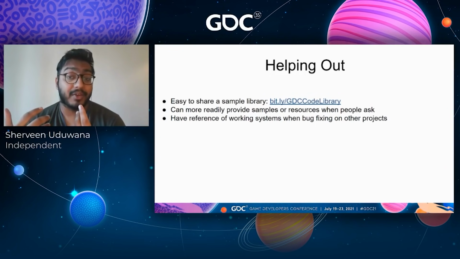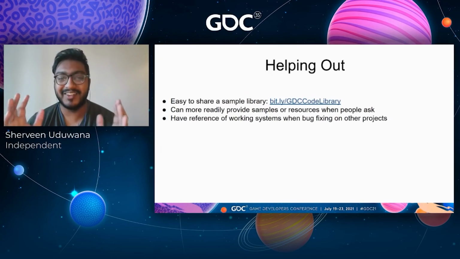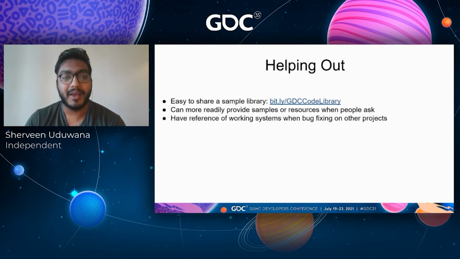If I didn't have a code library set up already, then when people ask me, hey, how did you do this sample or this particular feature? Could you help me out? I would have to go look at my code and make it actually shareable before sending it out. But instead I can really quickly say, here is this generic version of what I started with. If you want more specifics, then we can talk more.